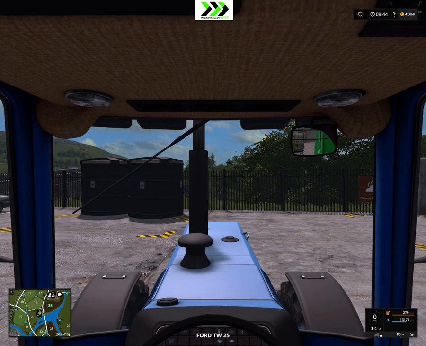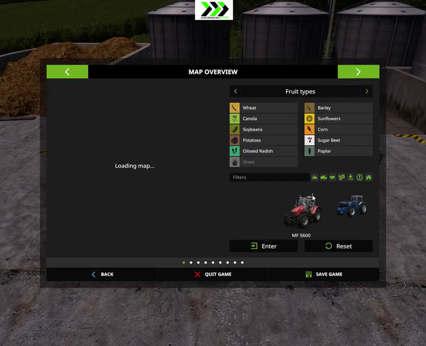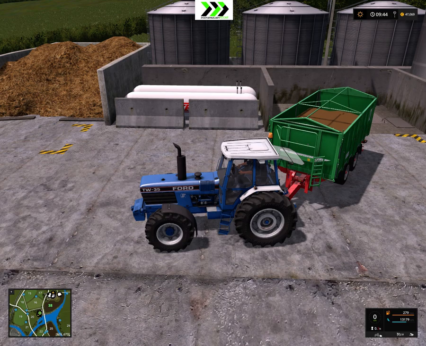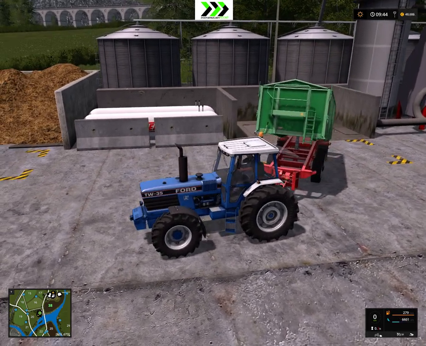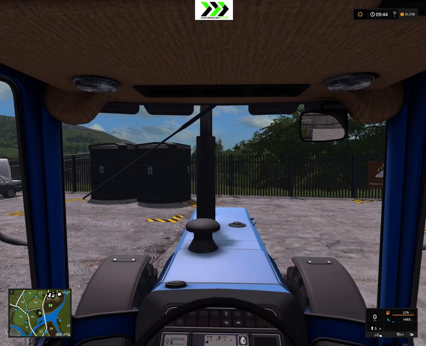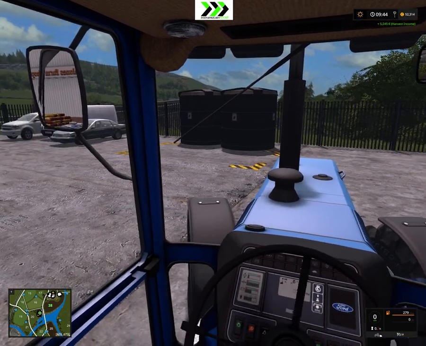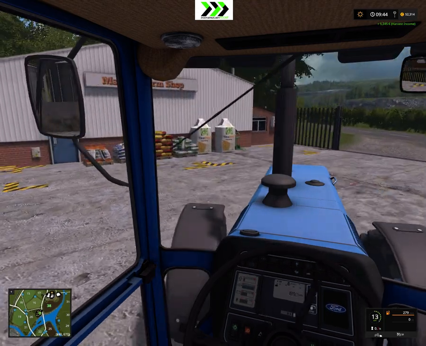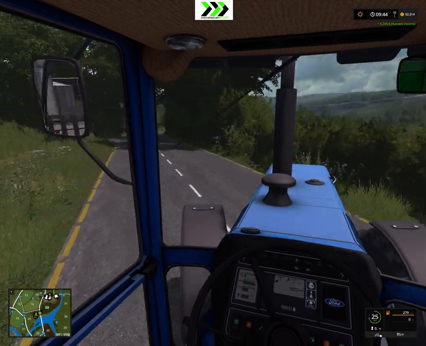I think it's 4. So we're here and we're gonna go and sell this. This is at, what's the word it's called? Malone's farm shop. I think so. We're gonna sell it here. Just think you can drop it like that. See how much we make. Probably not a ton of money, but a little bit. 5,245. So okay, that's an okay amount, I think. What do you think? So anyway, let's go up to